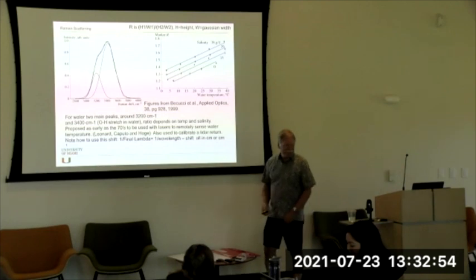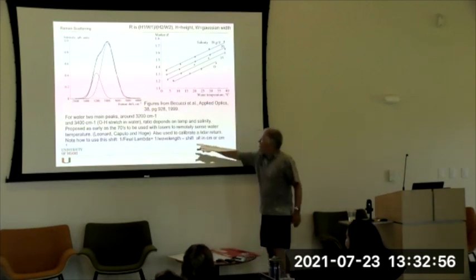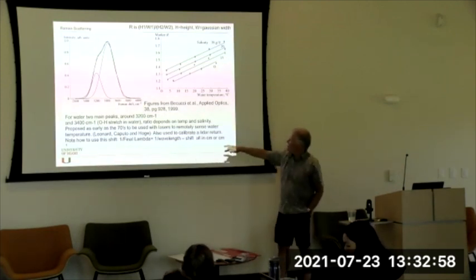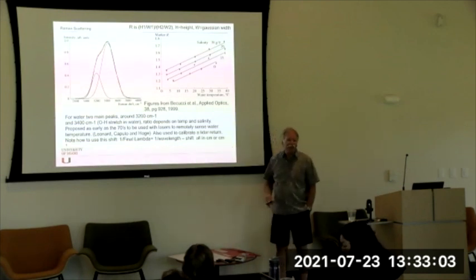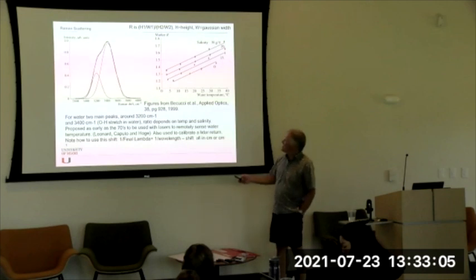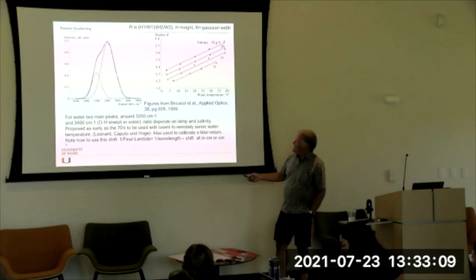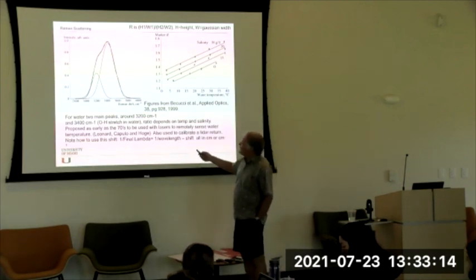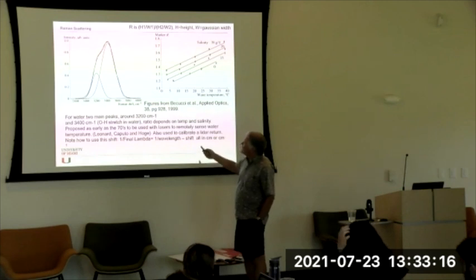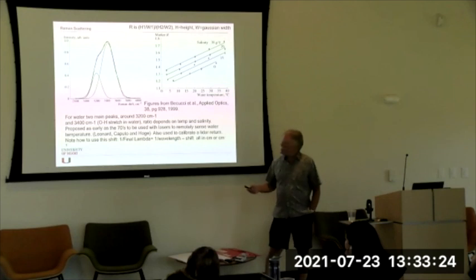So 1 over the final wavelength is equal to 1 over the excitation wavelength minus whatever the shift is in inverse centimeters. So you put this all into centimeters, and that's how you use the equation. Basically, if you look at that curve that I showed you a second ago, it's made up of 2 Gaussian peaks that shift relative to each other depending on the temperature. So as the temperature changes,